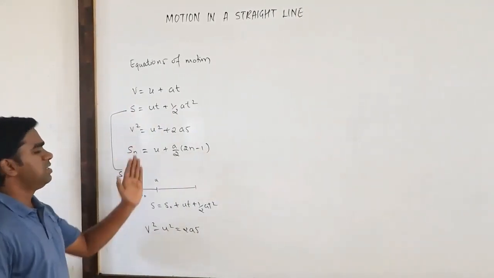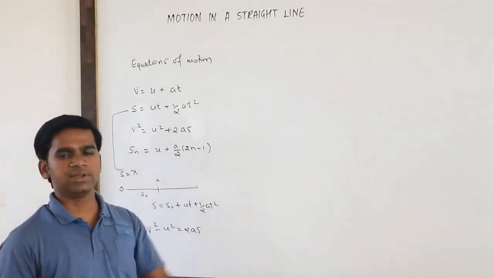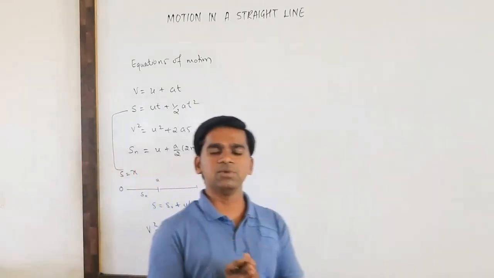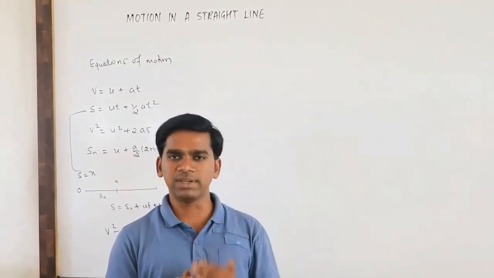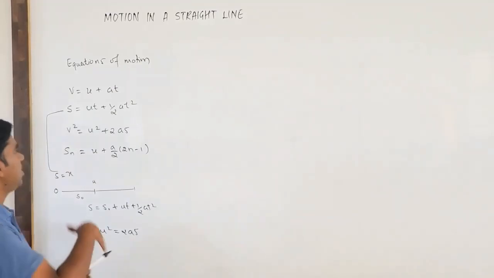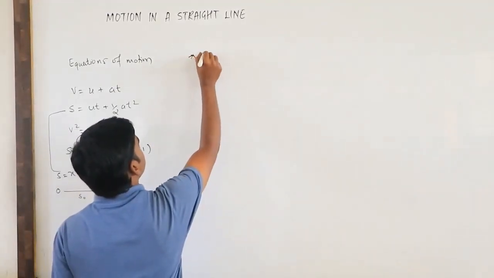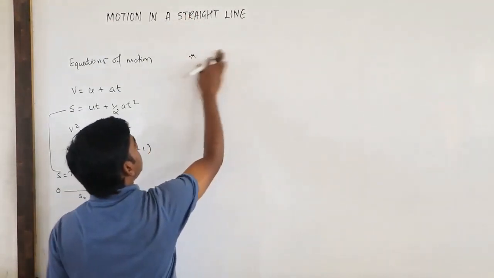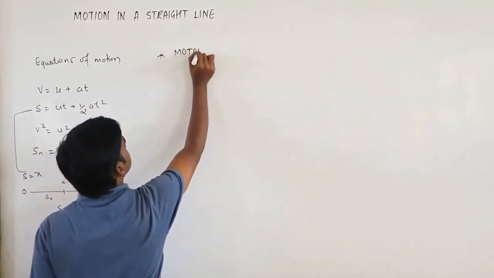As you know, these are the equations of motion when the body is traveling horizontally. Okay. So today we are going to discuss the equations of motion when the body is moving vertically upward or vertically downward. So what will get changed? How can we modify the equations? So when the body is moving vertically, it will be under gravitational force. So the heading I can write is motion